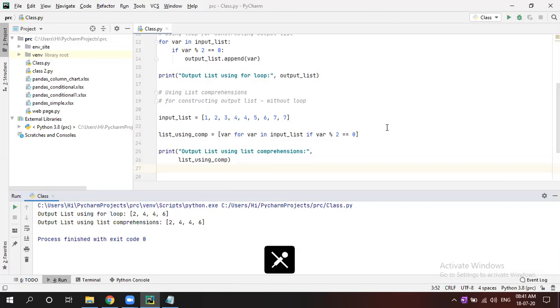So that is up to you. If you are getting confused here, you can write that way. But if you understand this thing, once you do the practice, you will get habituated. That is up to you. But same thing, just the writing way is different. And here no need to append. By default, it will be inside the list only. So this is called list comprehension. Clear? Yes, sir. So whenever you do anything, just compare with using for loop and if, and using this one, so that you can understand.